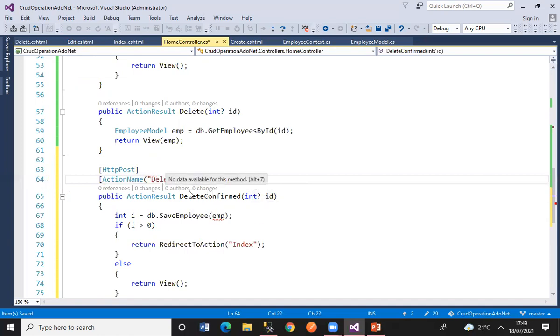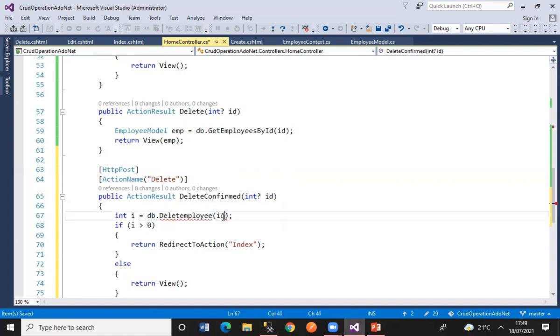We want that whenever the request comes for delete, this method should handle it. So if I want this method to handle it, I need to write ActionName as Delete here. Then the ID will be caught here, and instead of the SaveEmployee method, we are going to write the DeleteEmployee method here. And here I'm going to take ID.